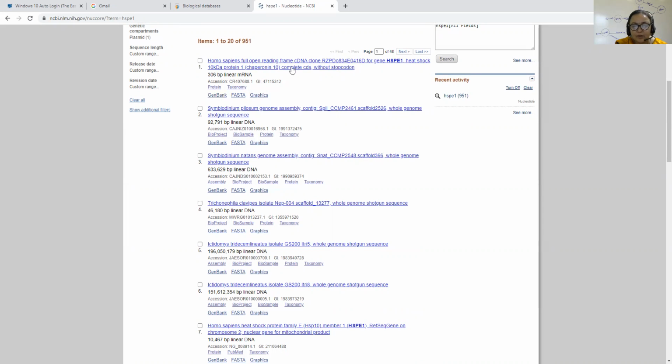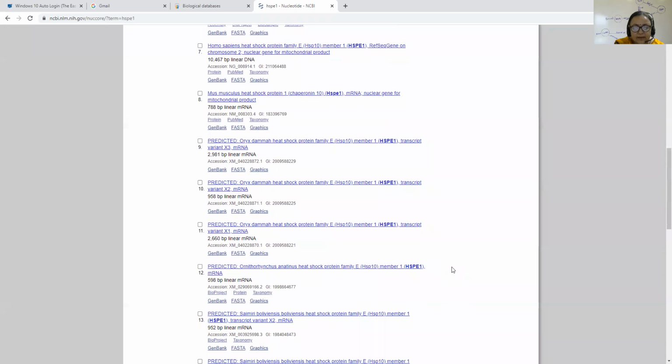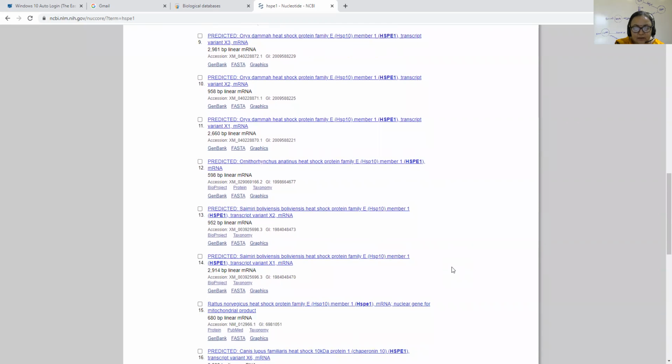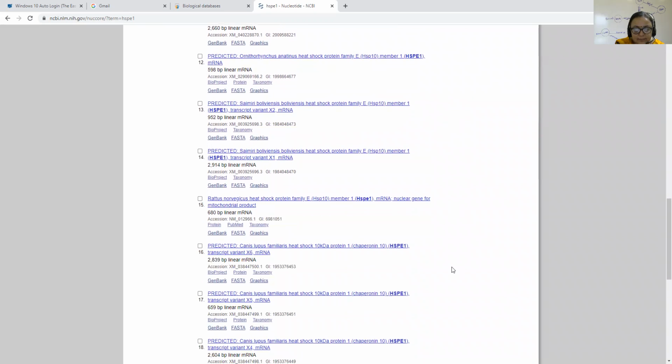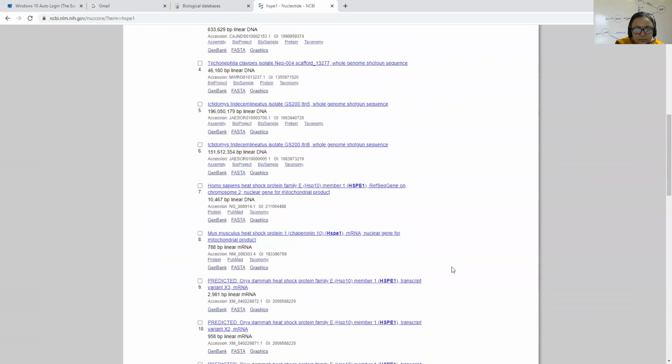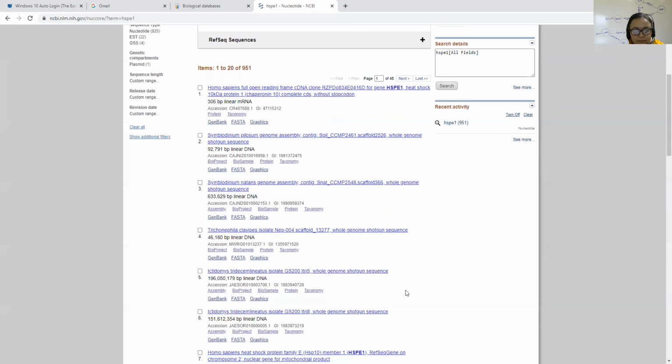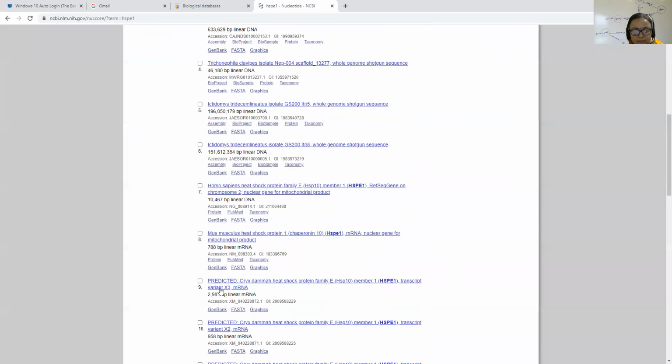There are different organisms in this list. It is an orthology gene list where the gene is the same and the species are different. We can select any gene of our interest, like Mus musculus.